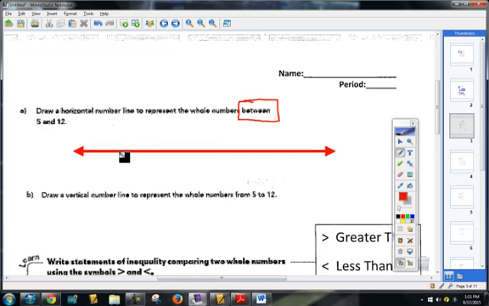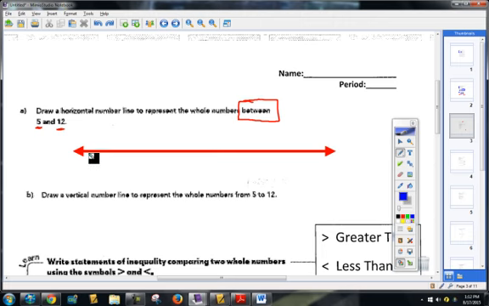Now I want to take special note of that word between. What you've got to be real careful of is, since it says between 5 and 12, am I going to include 5 and 12 on my number line? Hopefully you're all saying no. Don't write this, because this is what I'm going to erase in a minute. A number line like this would start at 5 and go to 12. So it would read, draw a horizontal number line to represent the whole numbers from 5 to 12. We don't want whole numbers from 5 to 12. We want all the whole numbers